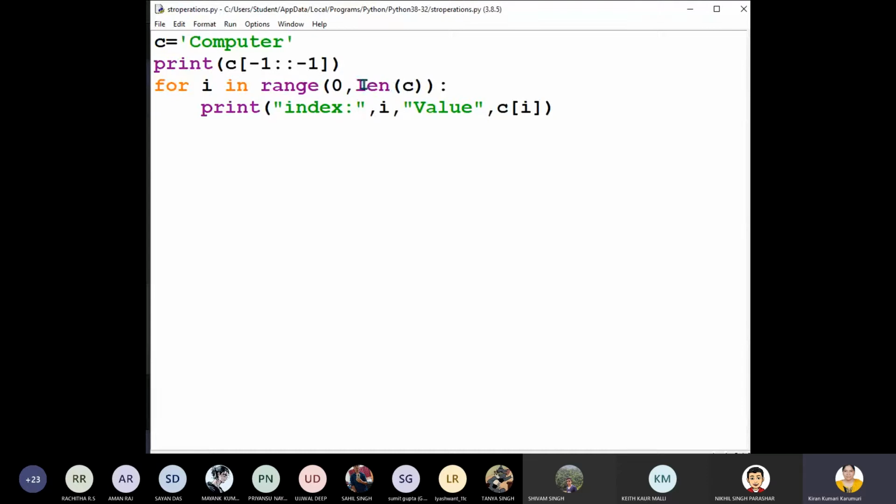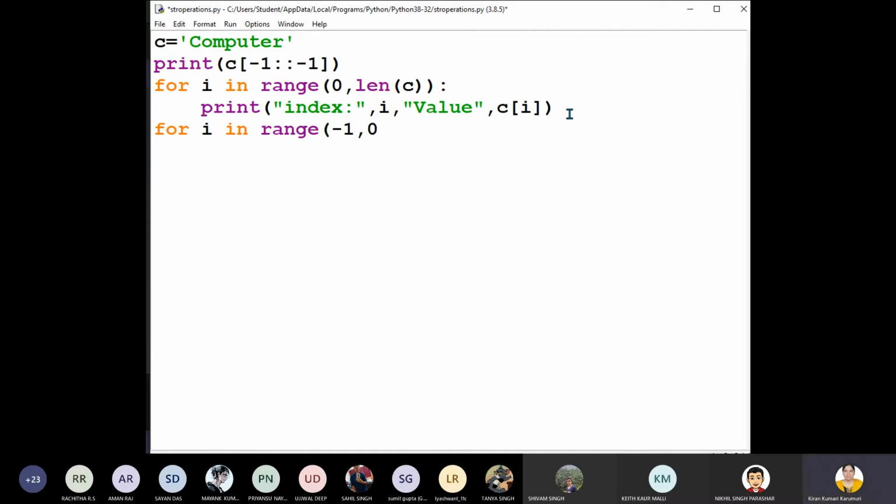So if you have taken length of C, in the same manner, if you want to get it in the reverse order, where will we start the range? We will start from -1, till where?